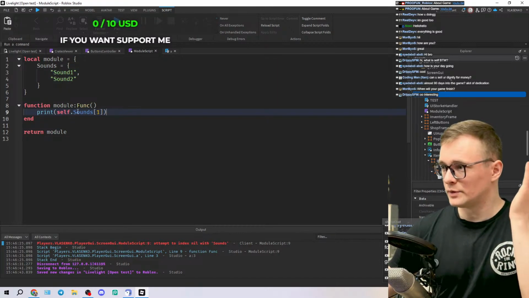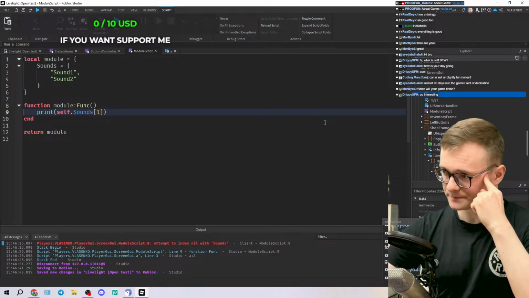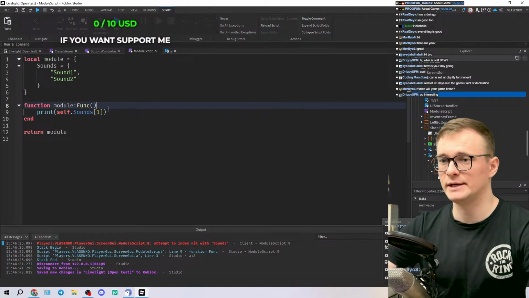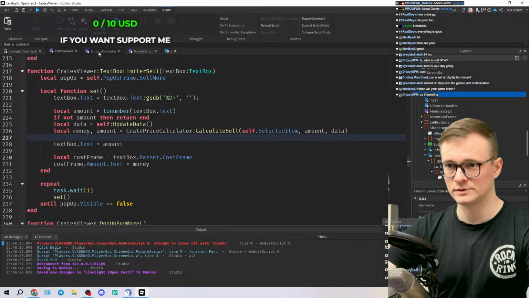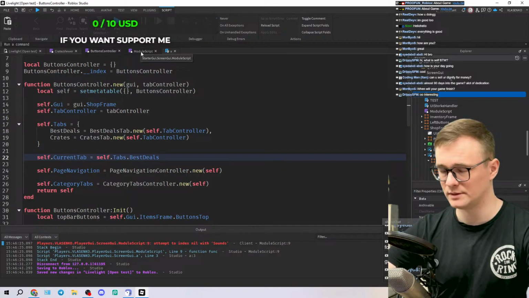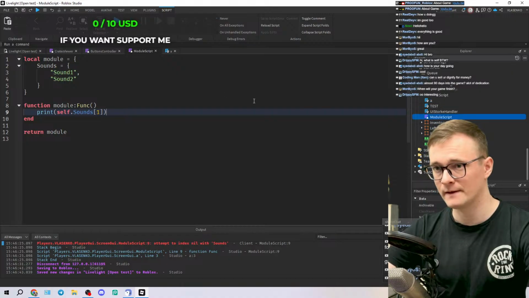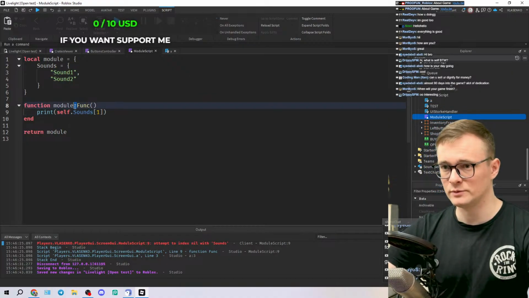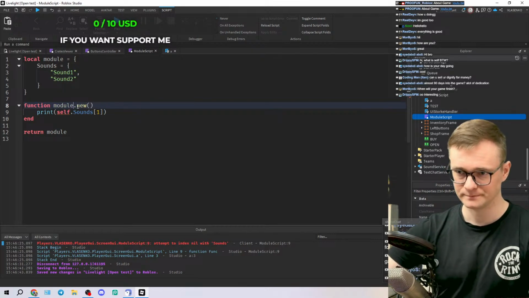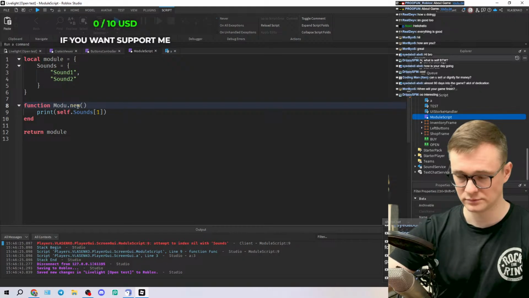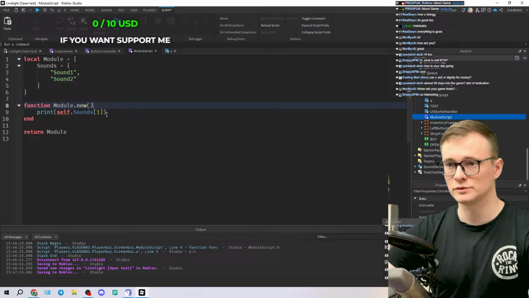So what's the purpose of that? Maybe you ask. Because sometimes when we use metatables, we need to create some variables which we can reuse in other places, in other methods, in metatables, functions called metatables. This is almost the same. So, for example, first I want to create a constructor, usually module.new,